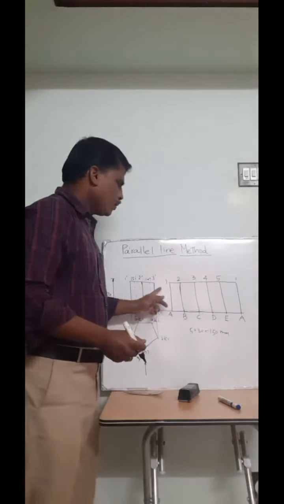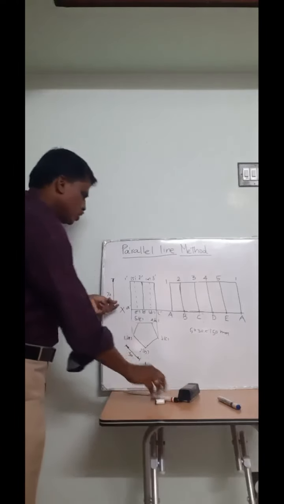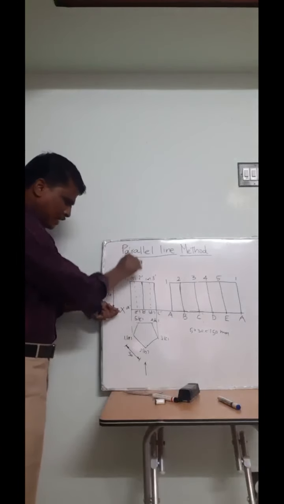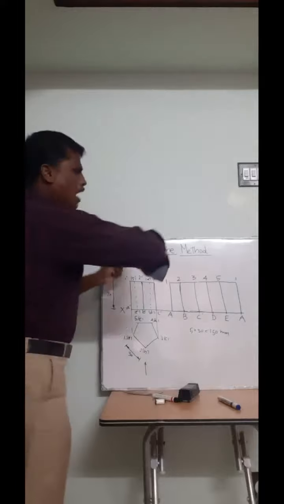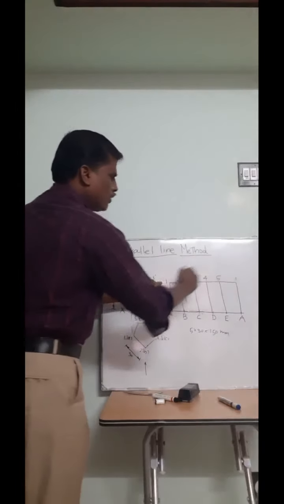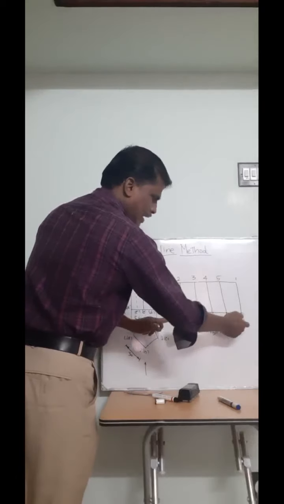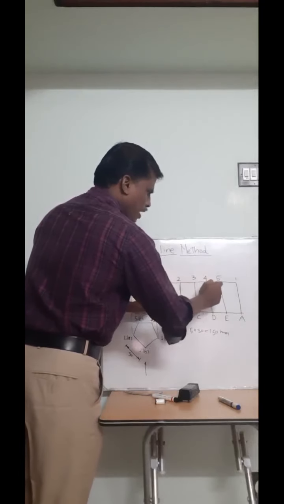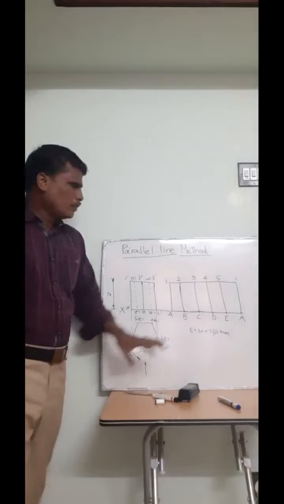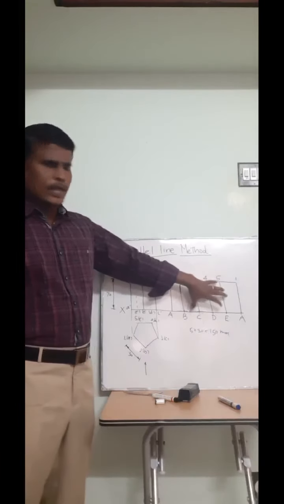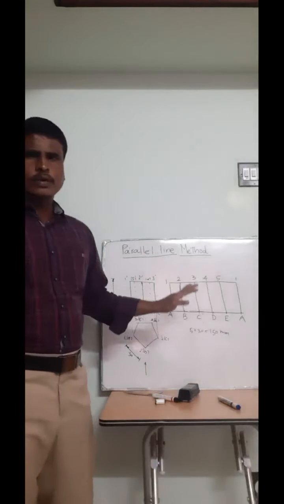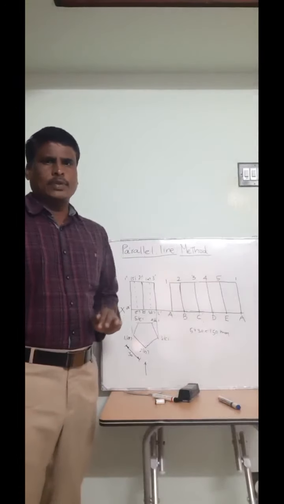Why am I getting 1 and 1A again? Because I am going to cut through the edge 1 dash A dash and open it. Therefore, the 1 will come 2 times and A will come 2 times. A, B, C, D, E, then again A. 1, 2, 3, 4, 5 and again 1. So this is the development of the lateral surface of the prism.